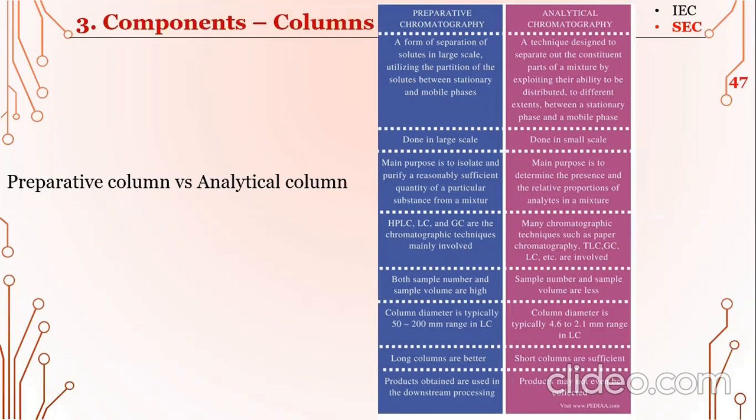और प्रिपरेटिव क्रोमेटोग्राफी में हमने सैंपल्स का सेपरेशन किया है, तो एंड पे उनका जो प्रोडक्ट होता है वो हम कलेक्ट करते हैं, क्योंकि डिफरेंट सैंपल्स को हमने सेपरेट आउट किया है। जबकि एनालिटिकल में हम बस उसकी प्रेजेंस देख रहे थे, तो उसमें एंड पे प्रोडक्ट नहीं कलेक्ट होता।